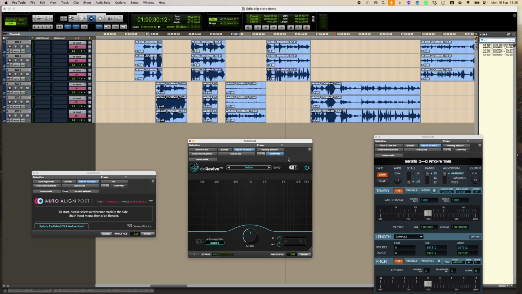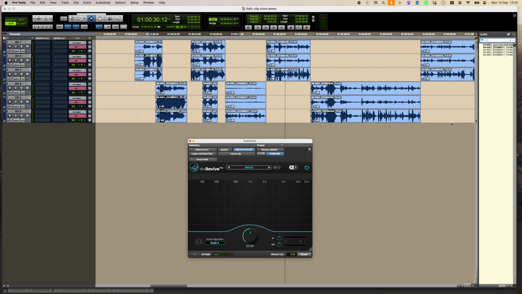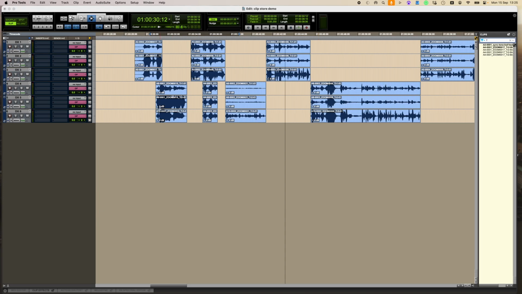Clipstore is a macro for Keyboard Maestro and Pro Tools, which very simply allows you to store clips. So let's see it in action. So let's imagine this clip is one that I'm going to process with some noise reduction. I want to keep a copy first. So I trigger the macro